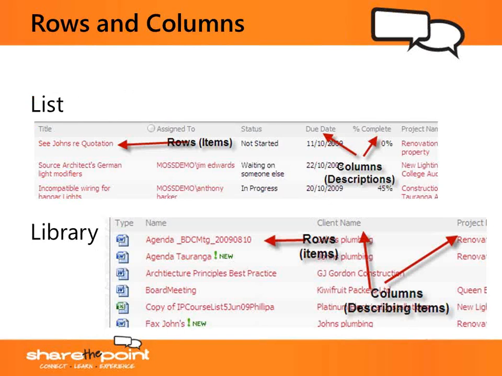We've got a list where this could just as easily be a spreadsheet, or it could just as easily be a whole lot of Word documents. My point here is that instead of having all these pieces of paper or all these Word documents that you're keeping floating around, or you're keeping spreadsheets, instead you can keep them in an online version called a list inside a SharePoint site.